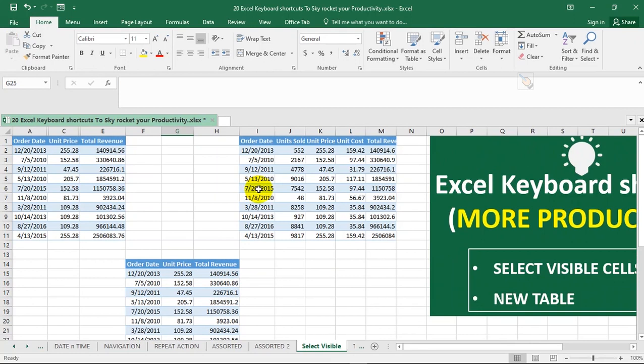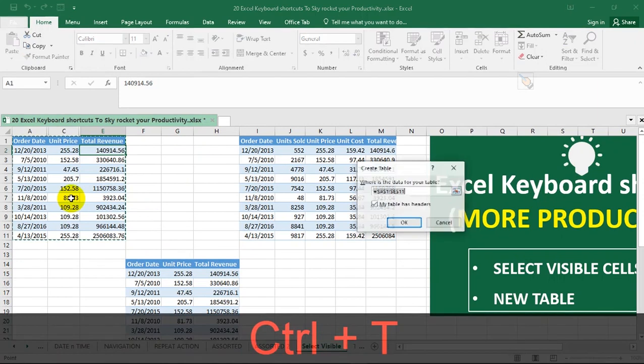Now, the next keyboard shortcut that we'll be looking at is how to turn set of data to table. Now this might look like a table, but they are not actually tables. So a very fast way of turning set of data to table is by hitting Control T, and Excel will